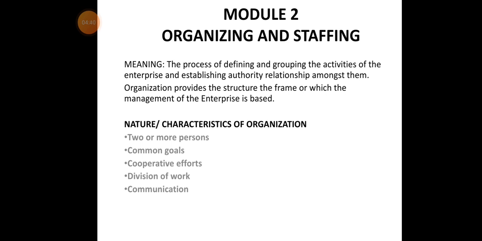Next is communication. We'll see what communication means. Passing a message from one person to another person is nothing but communication. When there is an organization, everybody should get the rules and regulations. For example, if tomorrow is a holiday, all the branches should get the message that tomorrow the college will remain closed. That is proper communication. When the organization follows some rules and regulations, then only there is effective communication.